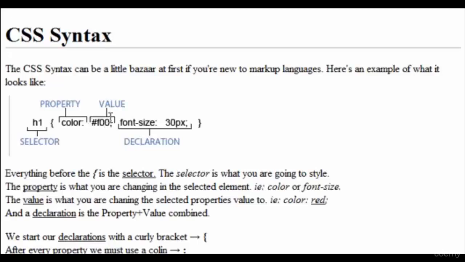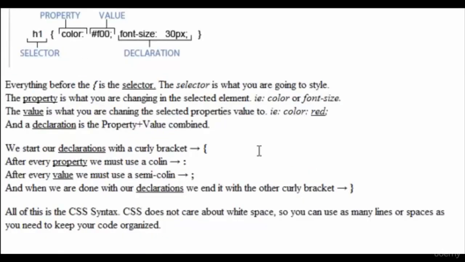Our value is not covered in quotes. And after our semicolon, which is after the value, we can add another property or value. Together, a property and value is called a declaration. Now, your selector will always be before the first curly bracket, and to end that type of styling, you type the opposite curly bracket. So to show you what I mean, we start our declarations with the curly bracket, which